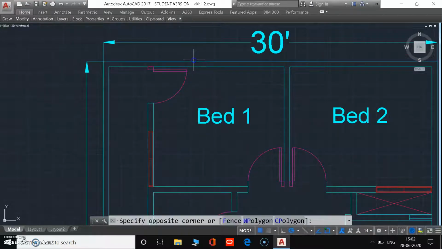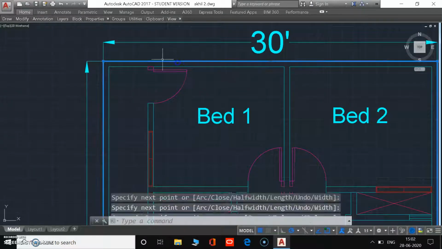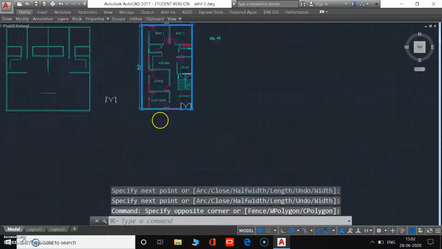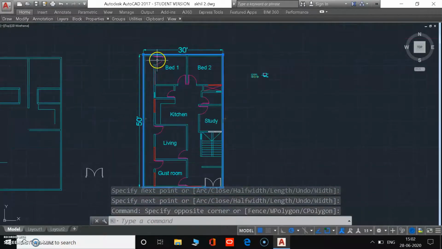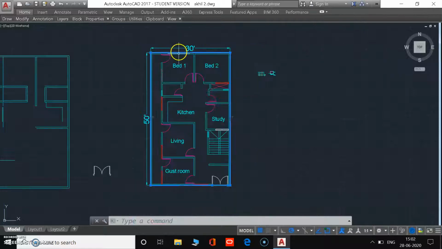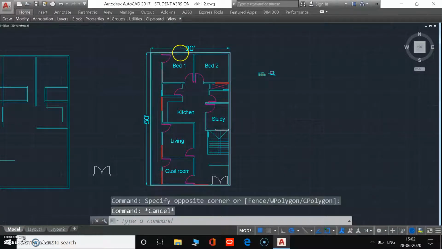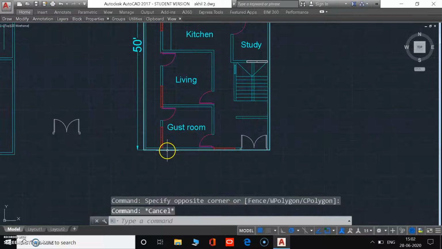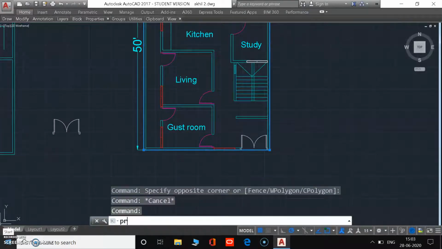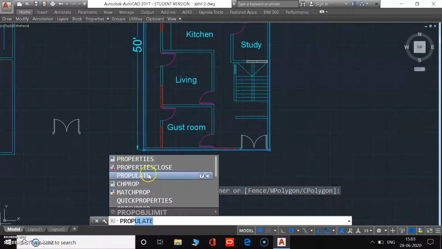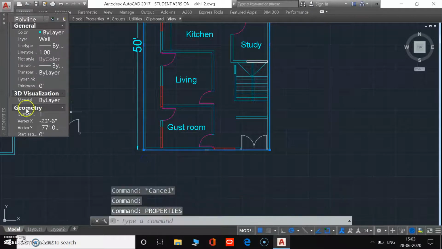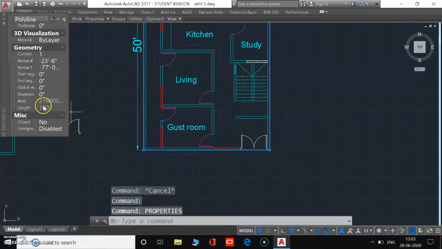As you can see, we have drawn a PLINE. Now select the PLINE, enter properties in the command box and select the property. So let's see in properties.